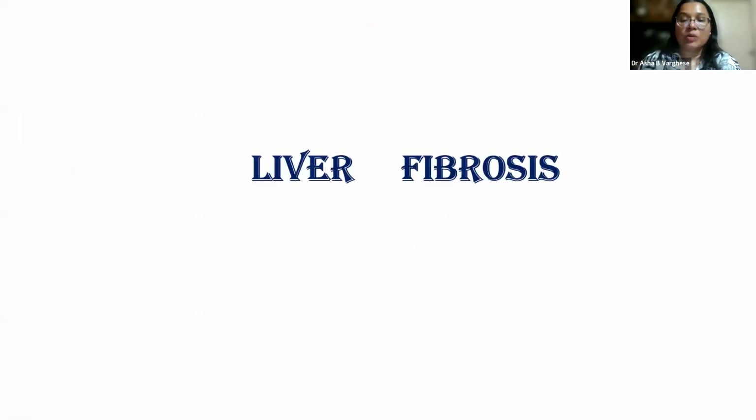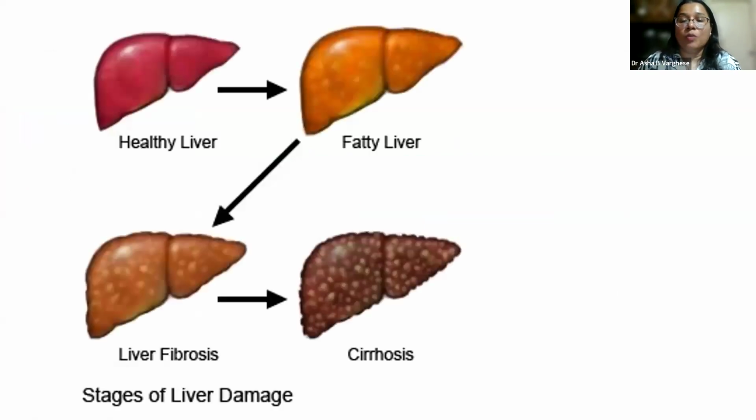The first case we will be looking at is liver fibrosis. So these are the 4 pictures of a liver. First one is a healthy liver, second one is a fatty liver, third one is liver fibrosis, and eventually leading to liver cirrhosis. So here I've taken up 2 cases, one of a skin-related liver issue, and one is a liver fibrosis F3 stage. So first I'll explain to you what is liver fibrosis, then eventually we'll look into the next case.